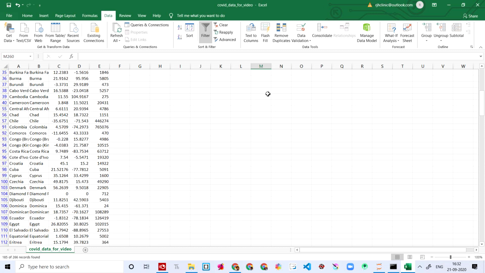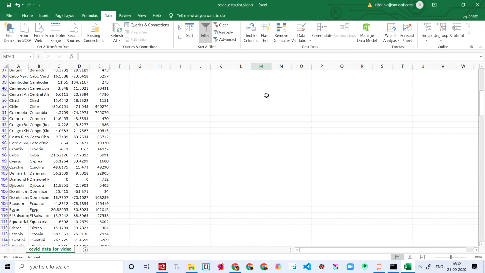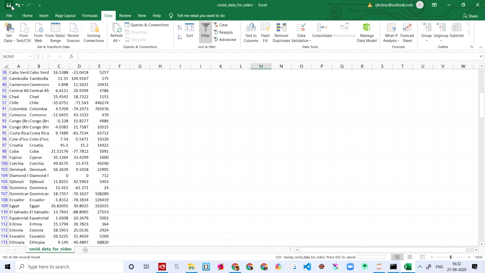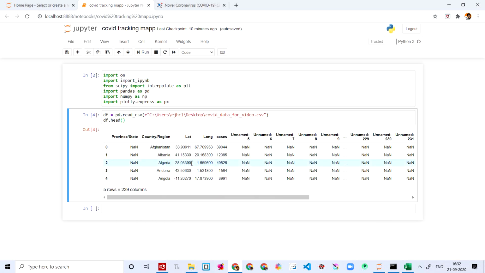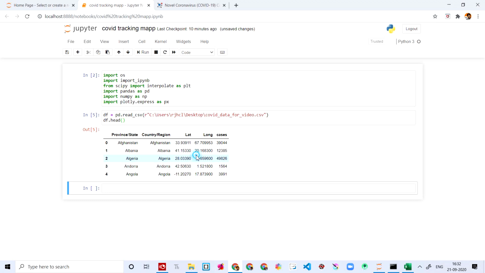And now we're gonna save this. You have to save this, and I think it's saved. Yeah. And now you have to come down here and just rerun this. Yeah, so you saw the empty space is gone. And next you're gonna say list1 is equal to df.cases. You remember we had to rename this because of this.